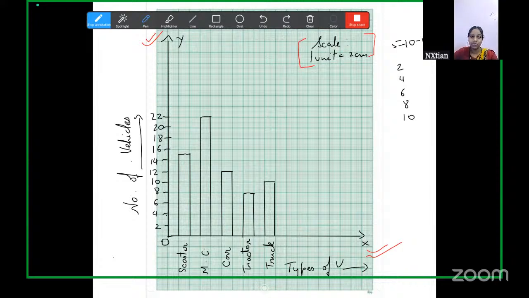Now we have finished with the bar graph. We will talk about appropriate scale tomorrow. And then we can practice a couple more questions next week on the bar graph. And then we'll be starting with the pie chart. You also have the pie chart here in the chapter. So after we finish with the bar graph, we'll do the pie chart. Okay, so that's all for today. And we'll be meeting next